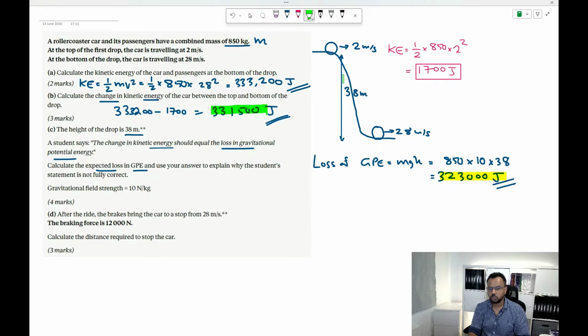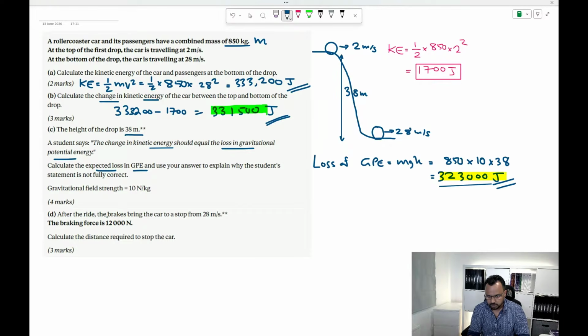Yes, Chaturma, you can talk about the air resistance and other forces as well. Also, the other thing you can say is there must be an external force giving this extra energy to the car, because if it was purely GPE, it would get a maximum of 323, but it actually got 331, so more than that. So the student's answer is not right because there could be an external force. Also, work is done against air resistance, definitely in a car situation and all that.